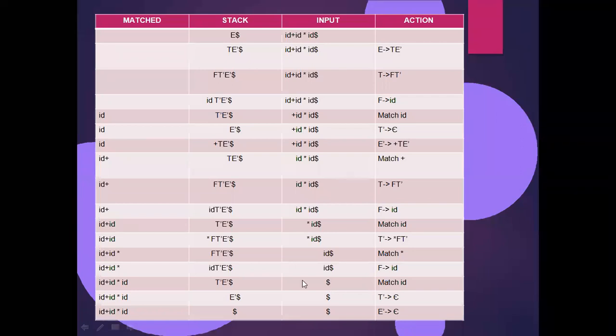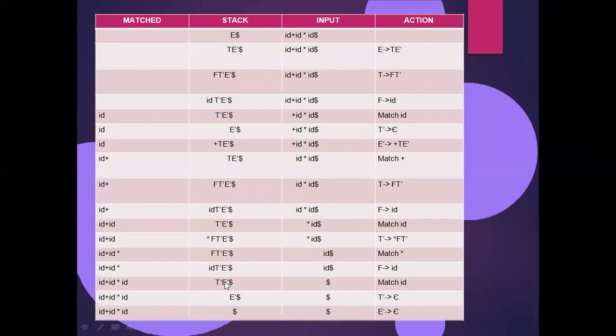We parsed the input string. That means the look ahead symbol reaches the dollar. Nothing is left in the input. The overall input we completed by reading and popping it. But coming to the stack, we need to make the stack empty. So T dash E dash, move T dash with dollar. T dash tends to epsilon, we have the rule like this. So place this epsilon in the place of T dash. Make it nullable.